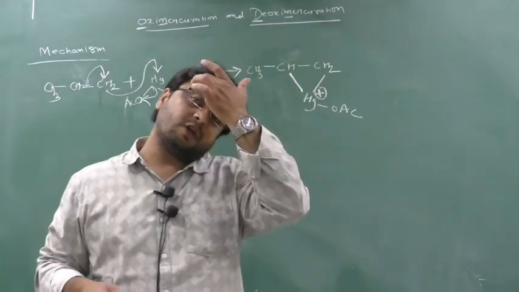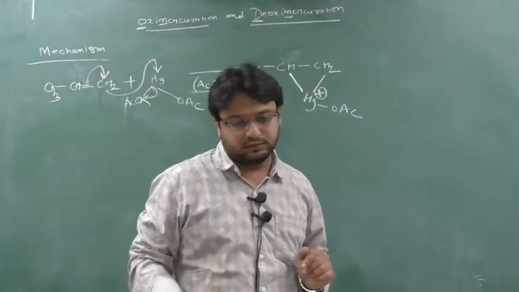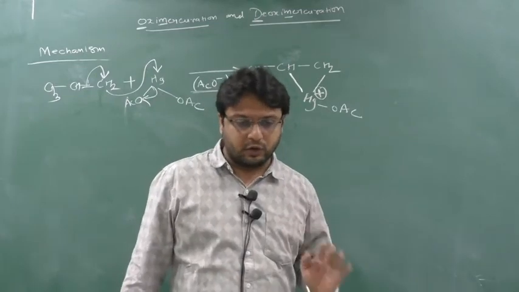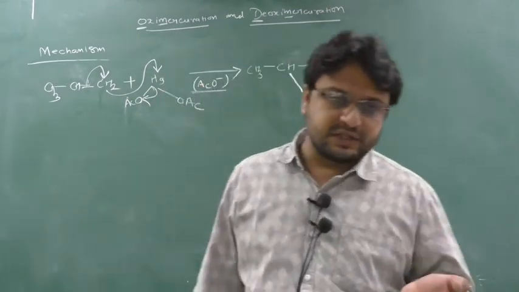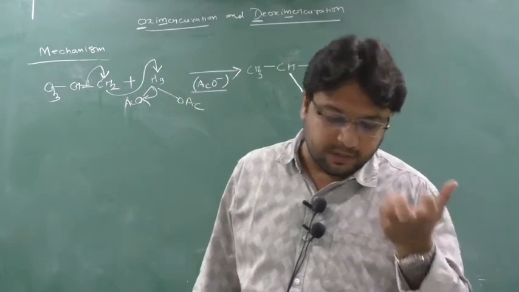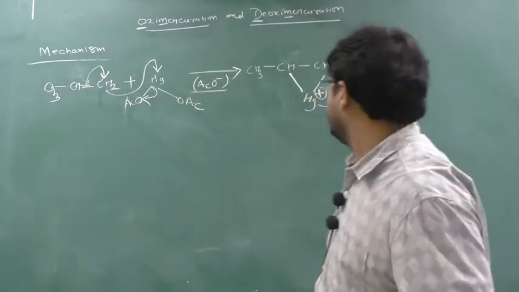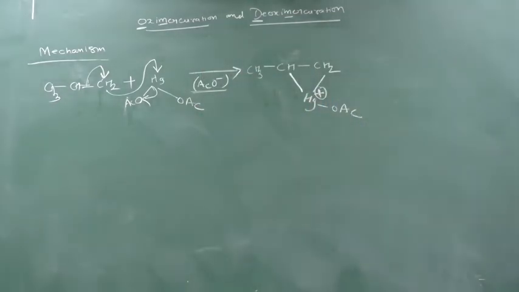But Hg is capable of making only how many bonds? 2 bonds. Hg is capable of making how many bonds? 2 bonds. But now Hg is making how many bonds? Hg is making 3 bonds. So it will be unstable. So now we have to give the stability. Clear this part? Now how to give the stability?